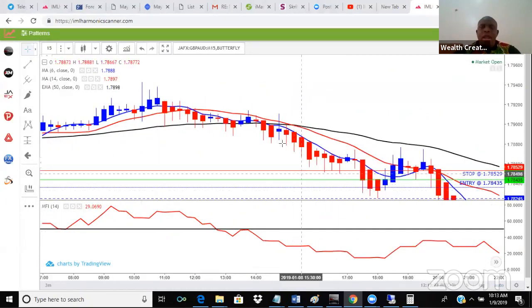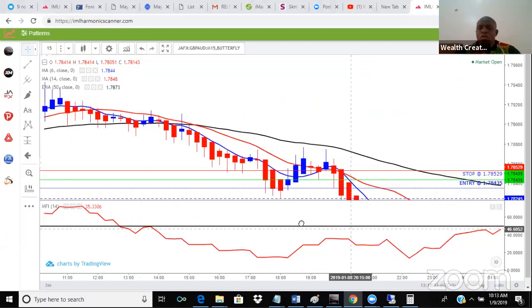Now, let's check the blend. Watch this. When the red was beneath, you see that there was momentum from here down, which means sell. Look at